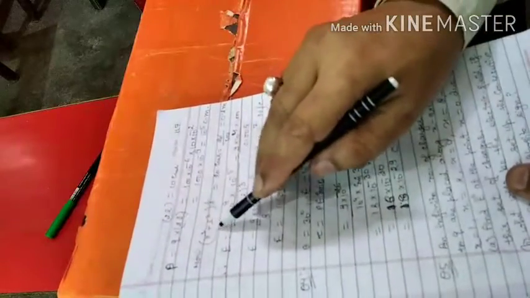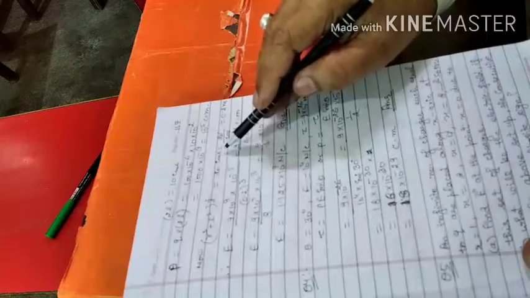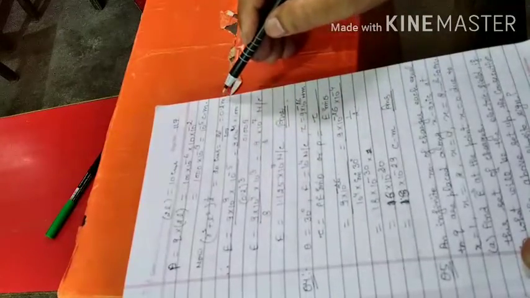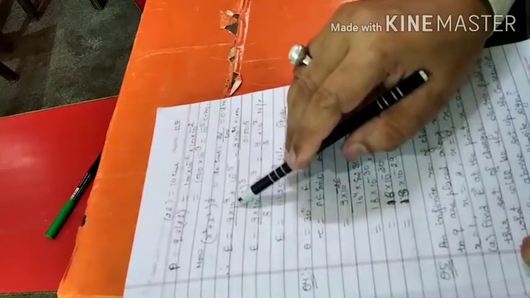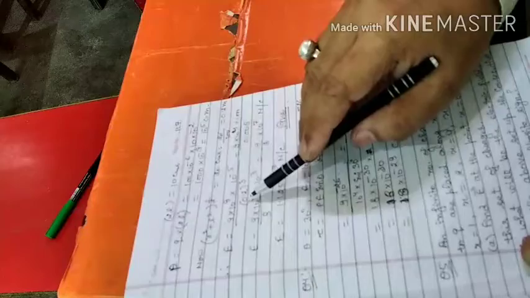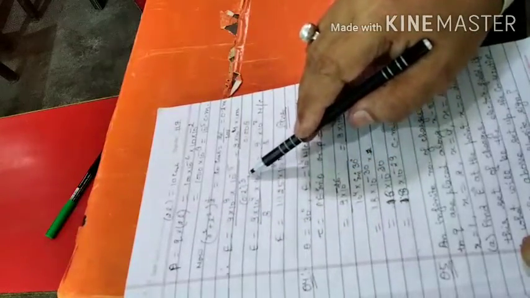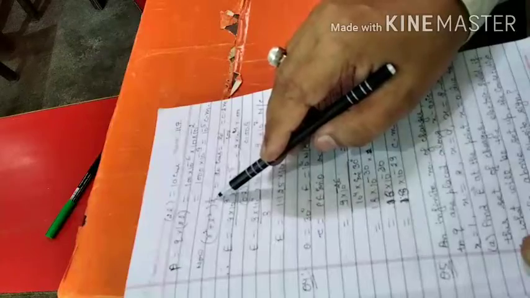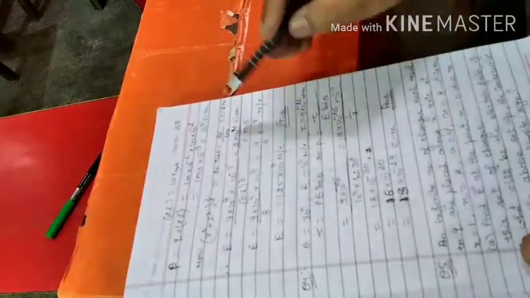Now see (R square plus L square) to the power 1 by 2. It is 20 centimeters, so it will be 0.2 meter. Substituting the values, E is equal to 9 into 10 raised to the power 9, into 10 raised to the power minus 5 in place of P, and in place of (r square plus l square) to the power 3 by 2. So here the value of 1 by 2 is 0.2, so it will be 0.2 whole cube.